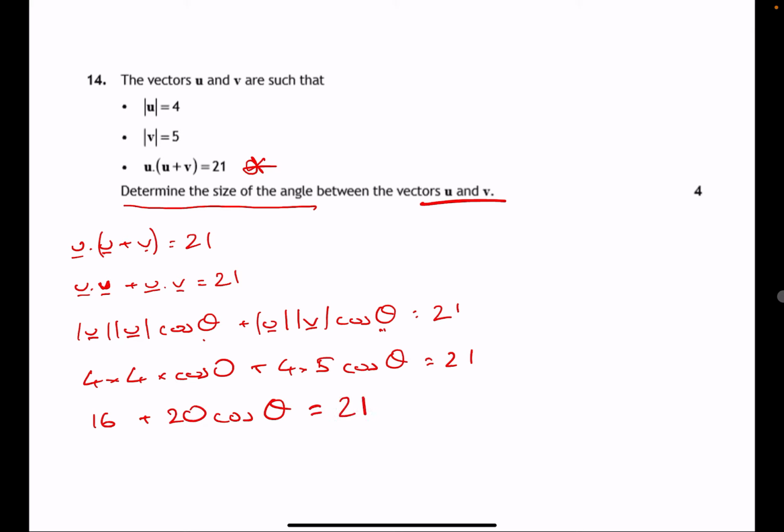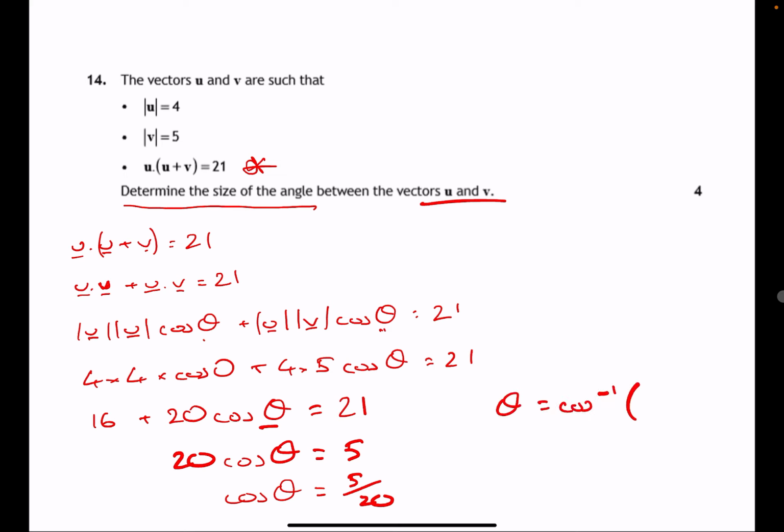Now what I've got is a trigonometric equation trying to find out what theta is, so move everything to the other side. Take away 16. 20 cos theta equals 5. Cos theta equals 5 over 20. So theta must equal the inverse cos of 5 divided by 20. For that, you can put it in a calculator. Inverse cos of 5 divided by 20 is 75.5